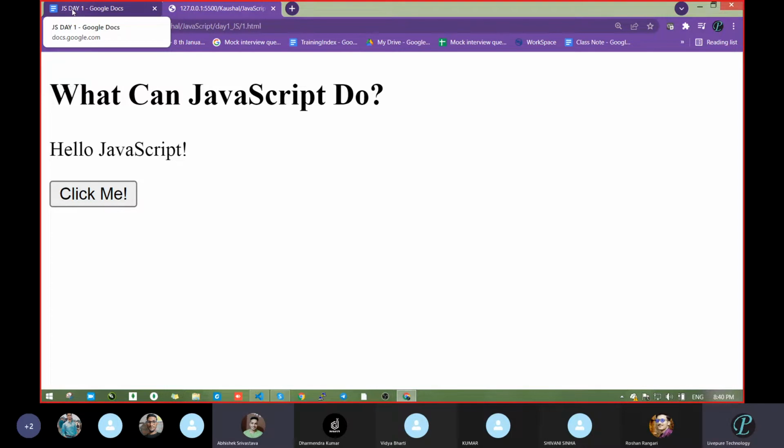Don't think this is looking like an anchor tag or anything like that. Just think about what happened on the UI. That's it. Don't think regarding the code. So first, what we had seen, this is all just an example I am showing you. We don't know how that changes. I am just showing you something happening. What happened is what we have to realize. So with the help of JavaScript, we changed the content. Is that clear?